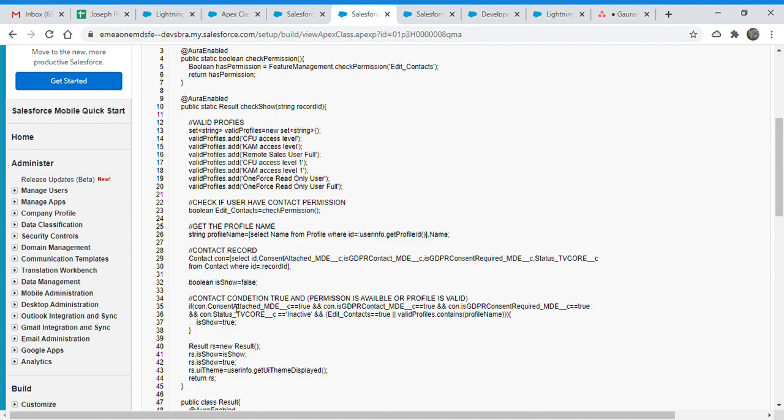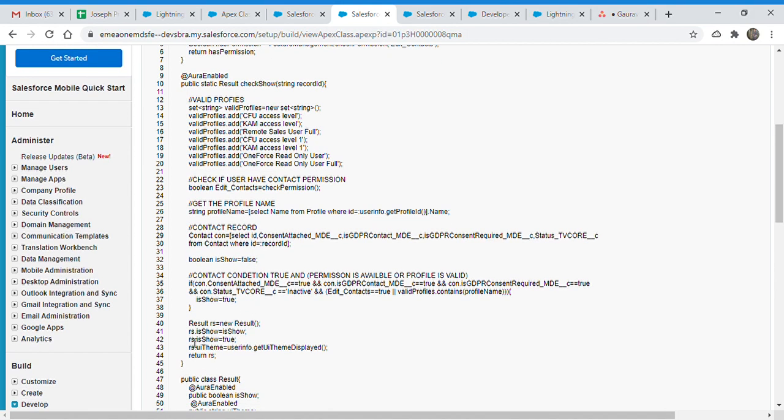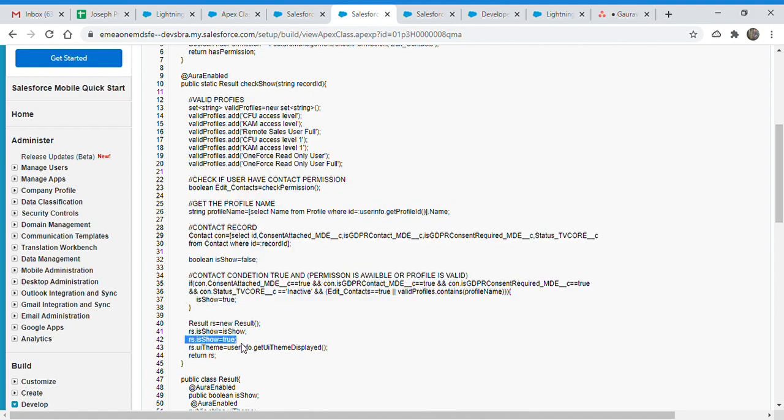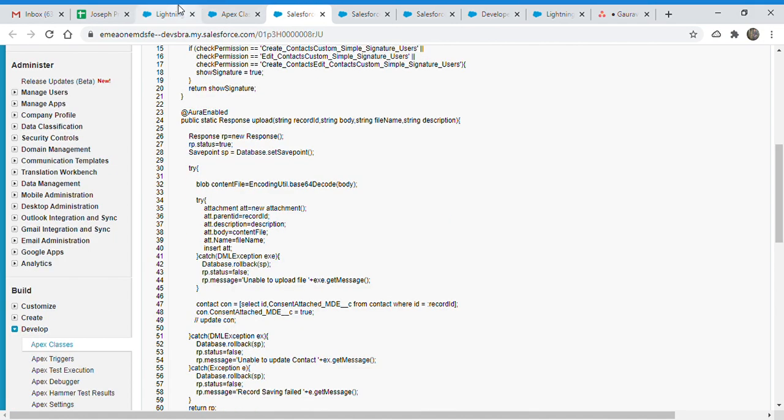All these conditions right now, you see, I just overrode to true. That means if you open any contact, it will just redirect to that page and skip all these conditions. I have done this just to test our component. So for now it is always true, which means it will always redirect to this page.